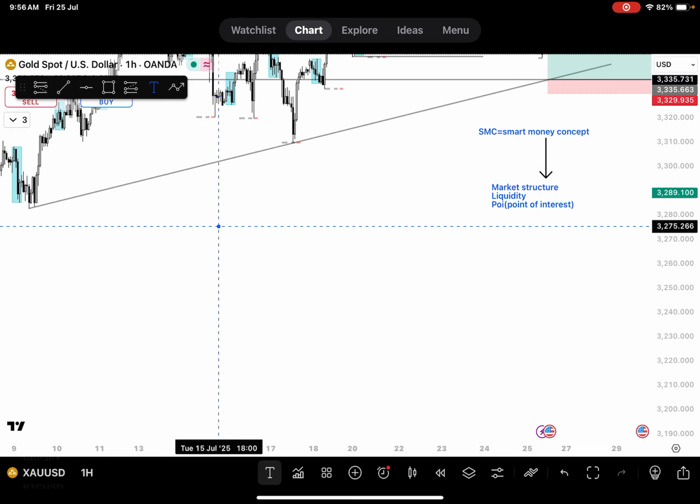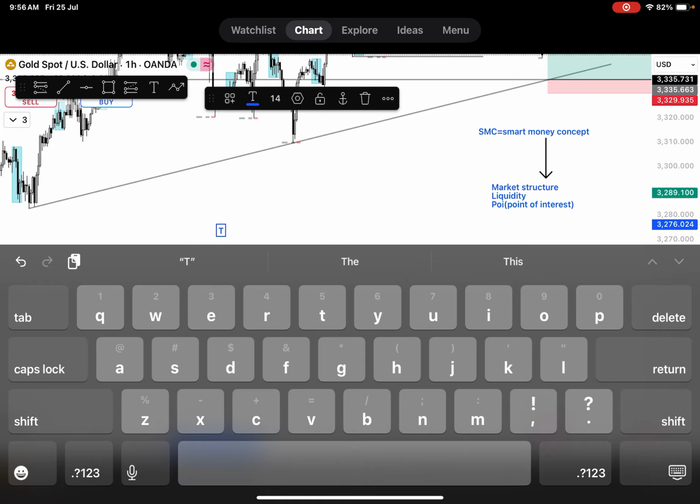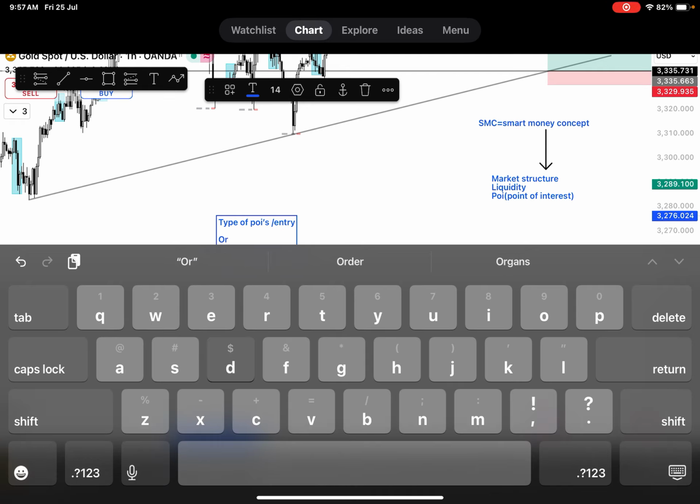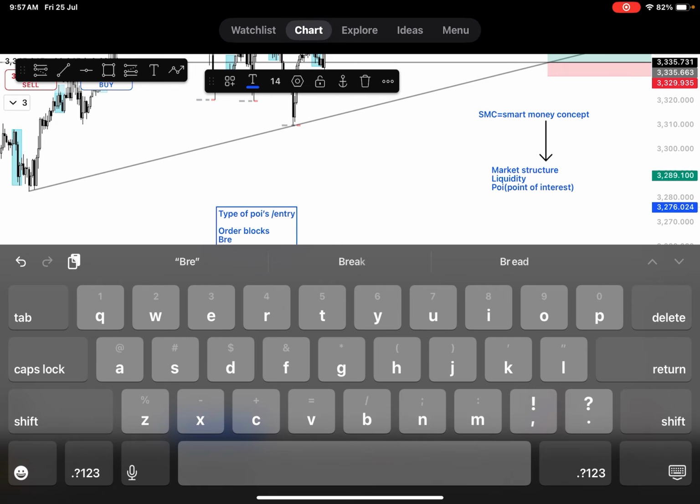We have different types of point of interest in the financial market. Let's put it this way: types of POIs in the market. Let me put slash entry so you know what we are talking about, for those of you that might not understand. The first one on point of interest or entry that we have is the order block. That is the first one. Now we have the breaker